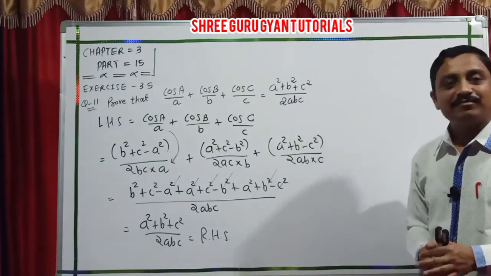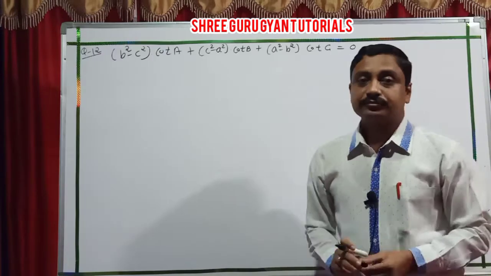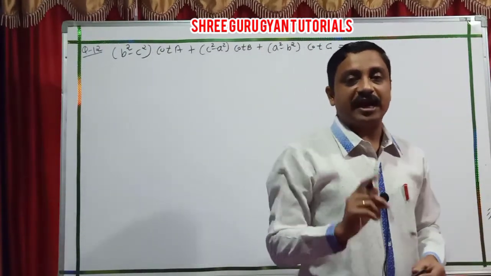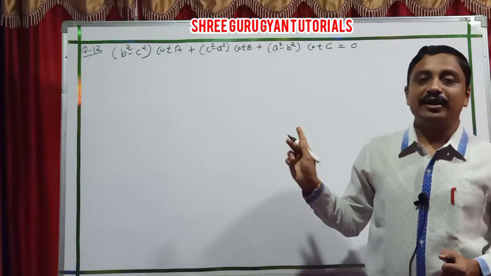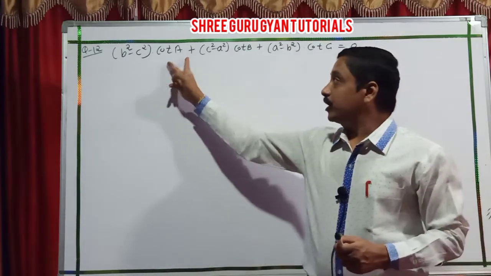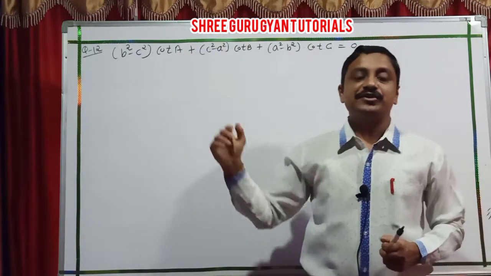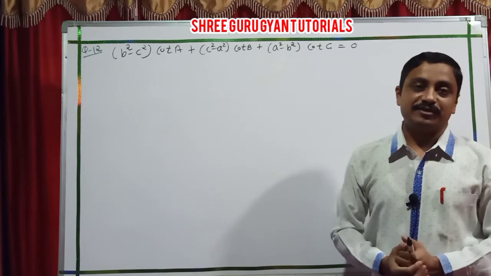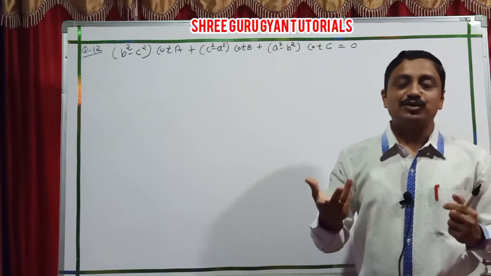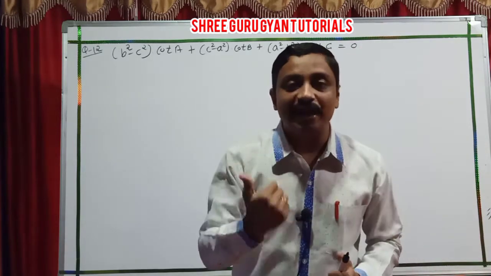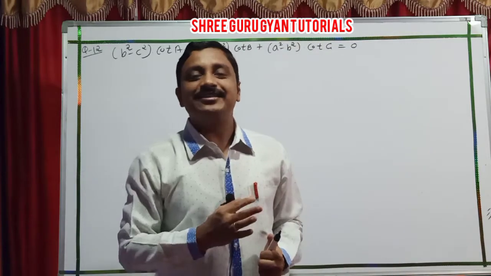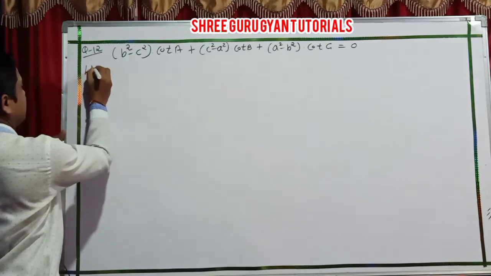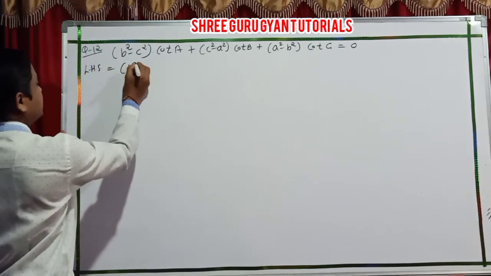It is very simple. Now I am going to question number 12, which is important for exam level. It is a very lengthy numerical. Cot A, cot B and cot C are given related to b square minus c square, c square minus a square and a square minus b square. Here also, students, I utilize the cosine rule and sine rule, but cot translates into cos by sine. So in the LHS, we have b square minus c square.